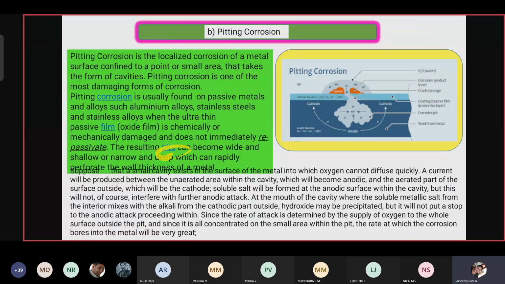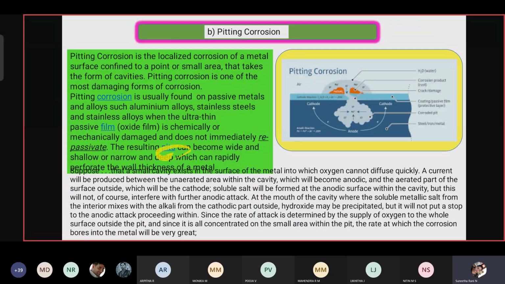Anode reaction is oxidation, cathode reaction is reduction. So you have to write again the same reactions and explain. Differential aeration corrosion explains where there is less air gap, that portion acts as an anode. Where the metal is more exposed to the activated oxygen, that portion acts as a cathode. Based on this, it is further classified into waterline corrosion and pitting corrosion.